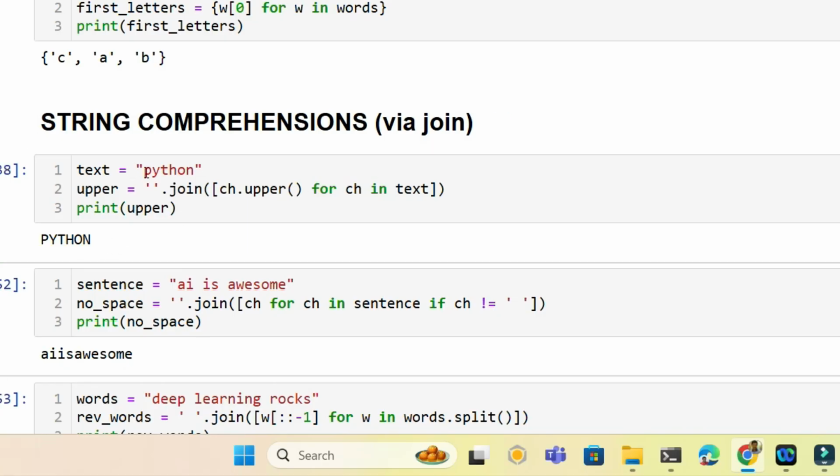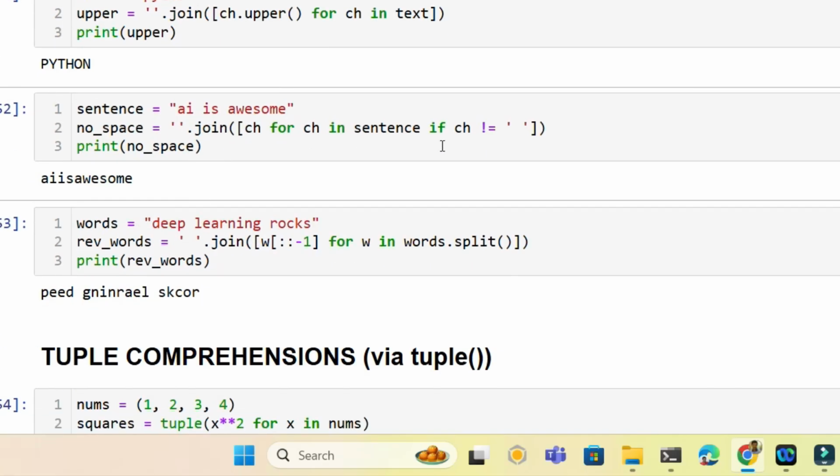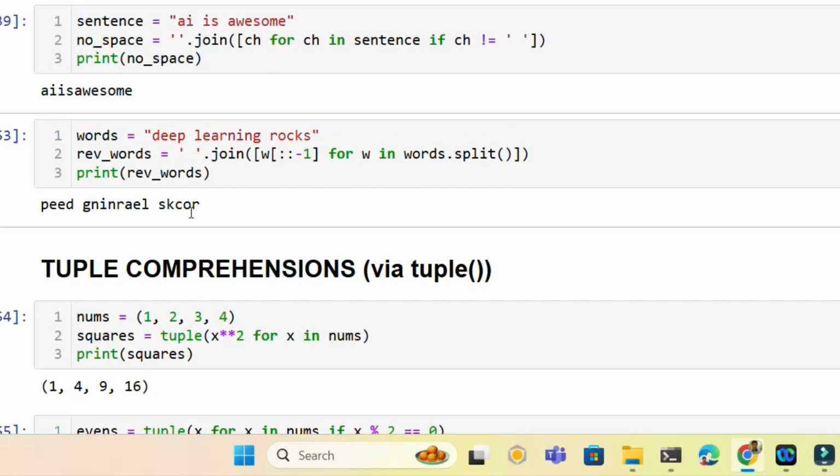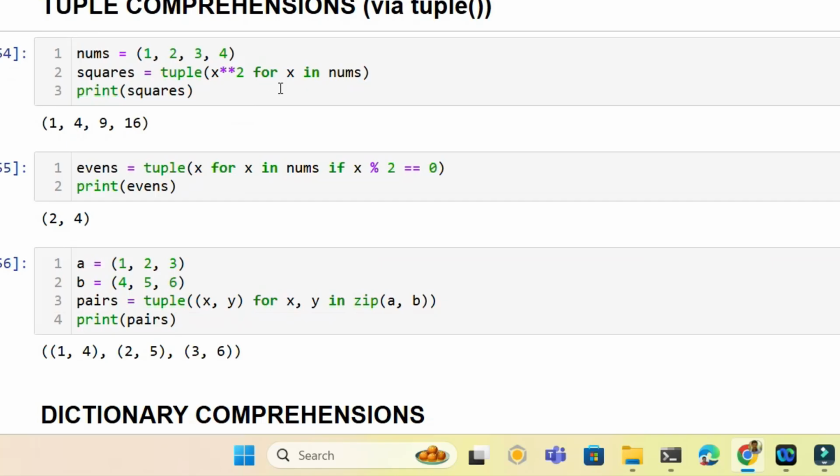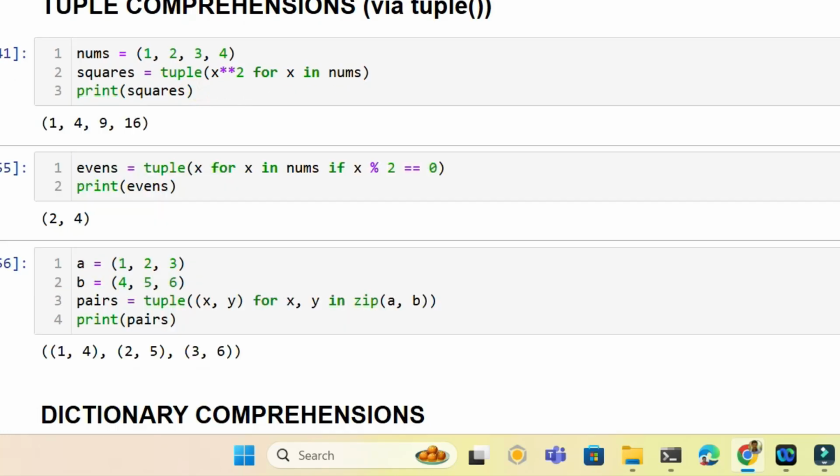So now this is lower to upper, and 'A is awesome'. You can see I am removing the spaces. 'Deep learning rocks', you can see it is doing a reverse. See, 'deep' becomes 'peed' like this. Tuple comprehension you can see on the screen,